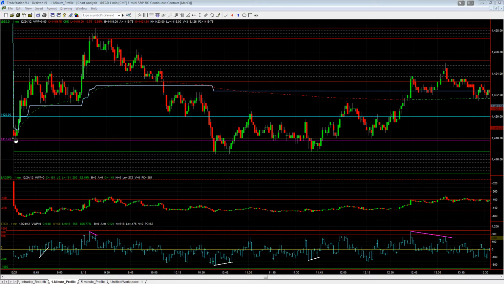So we can see that ES opened right near that 1418 overnight VPOC, established the opening range, 1417.75 to 1420. We get a rejection of the prices right here at the opening range low and that overnight VPOC. So the 1418 prices are being rejected and prices heading higher. That shows us that responsive buyers are active right off the open. ES was opening on a pretty large gap down, far below value, so this scenario certainly makes sense.